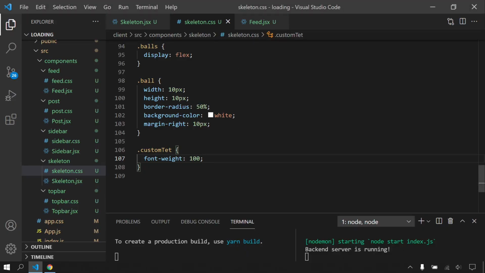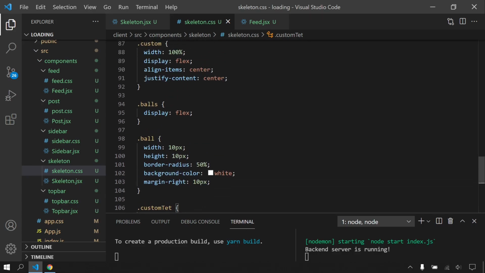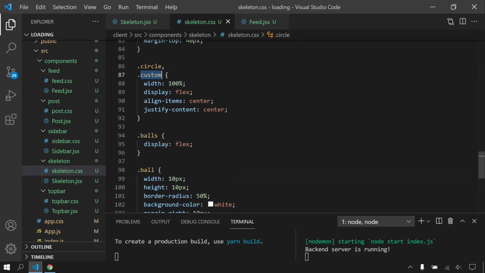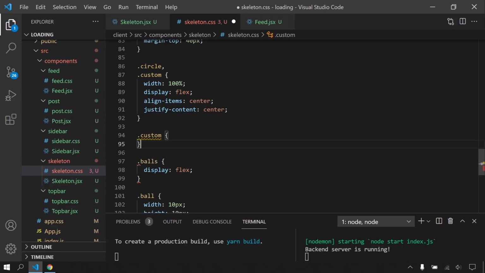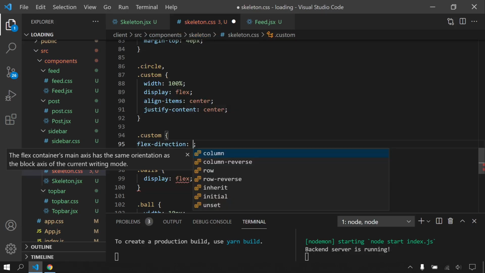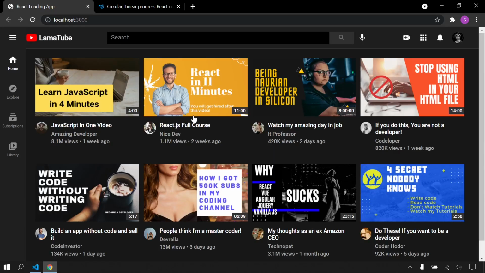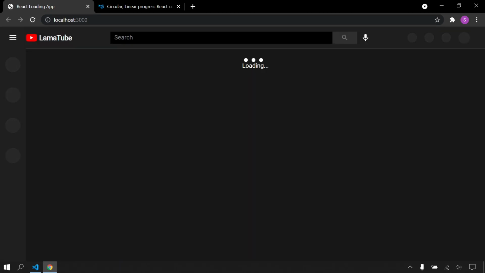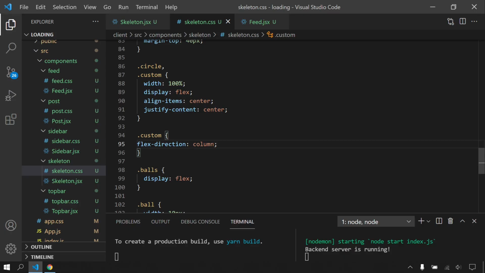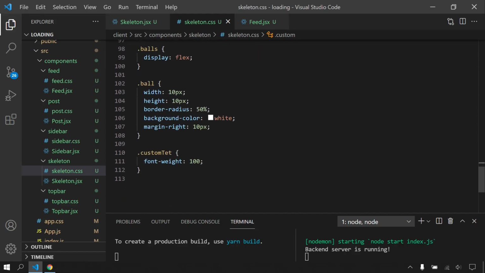Let's say flex direction column for this custom, I forgot this. Flex direction will be column. Let's check again. Okay. So I can create my animation right now.